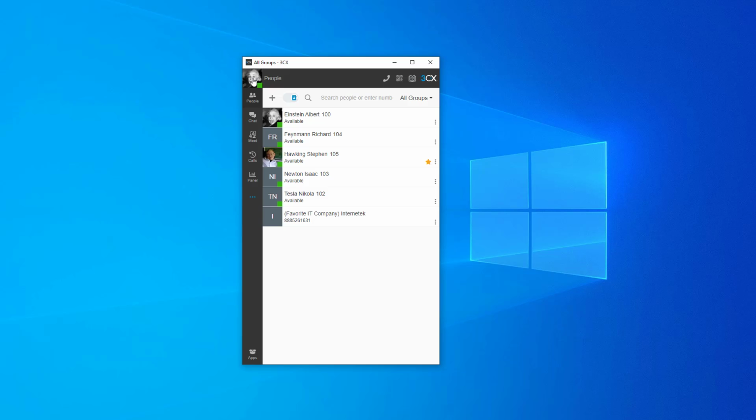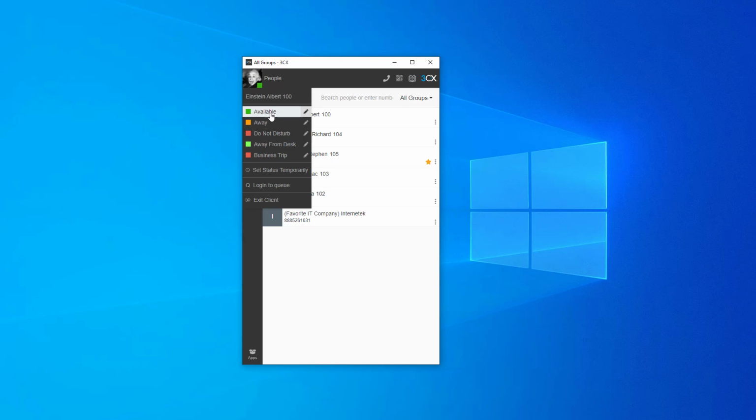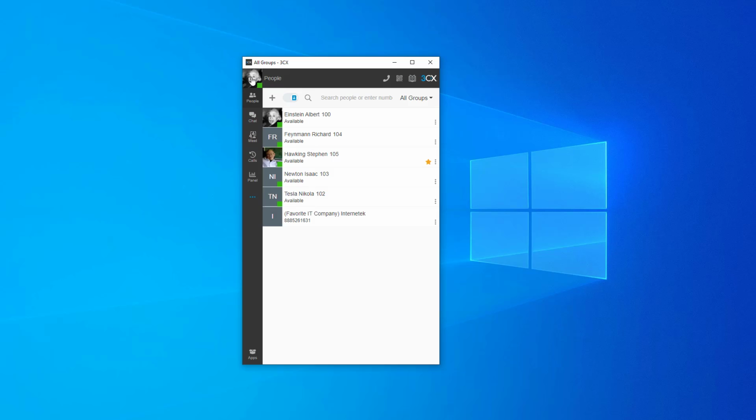Starting with the top menu, you have options such as setting your availability, setting your status temporarily, logging into a queue, and exiting the client. You also have the option to access the dialer,